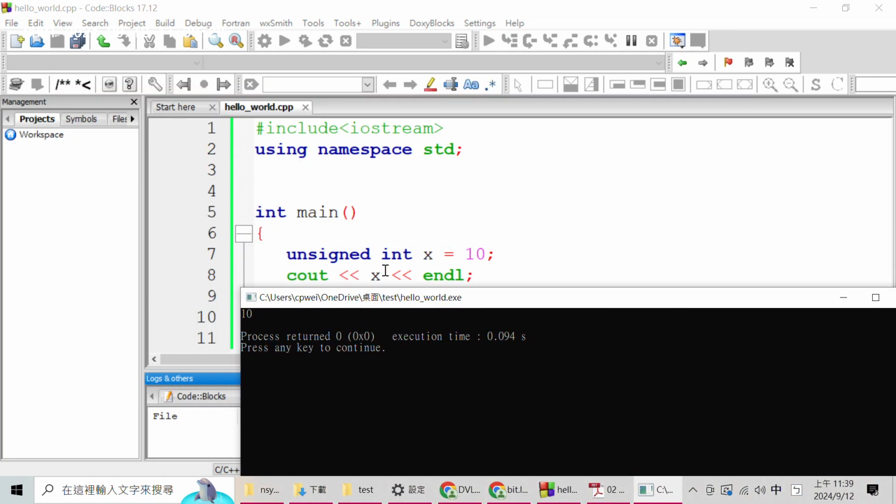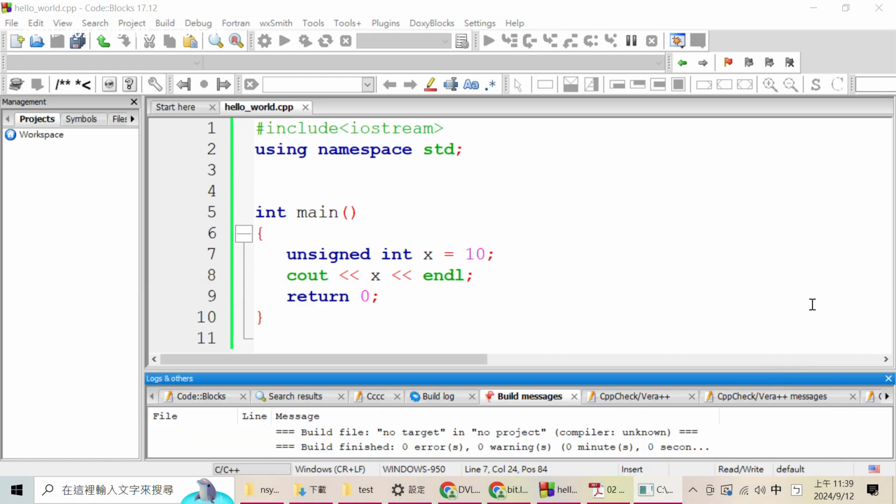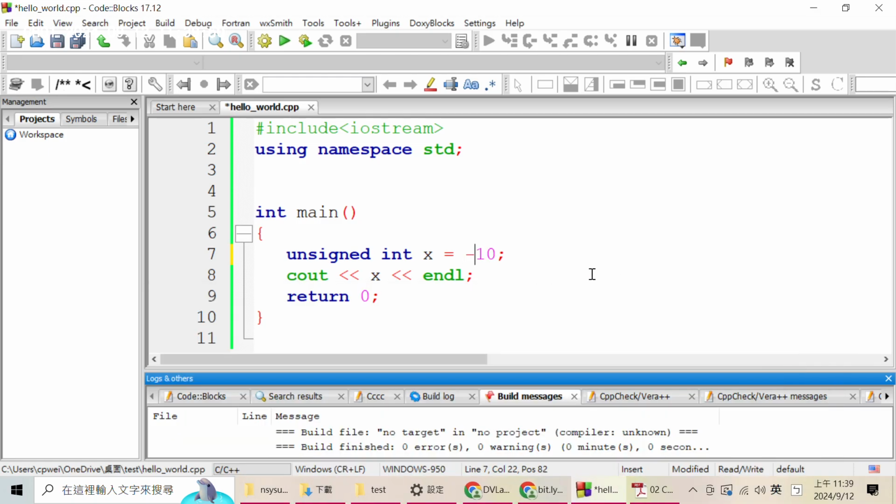So the output is correct, because x is an unsigned integer, and we store 10 in this memory location. So when we print the value of x, x is 10. So this is correct. However, if you change the value to -10,